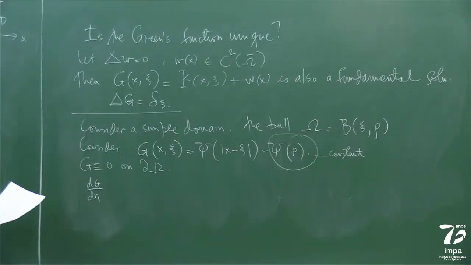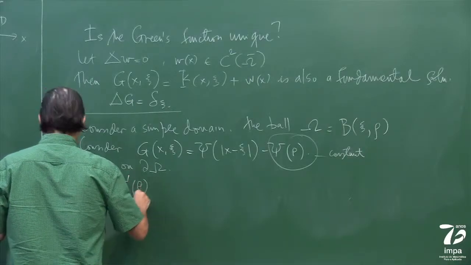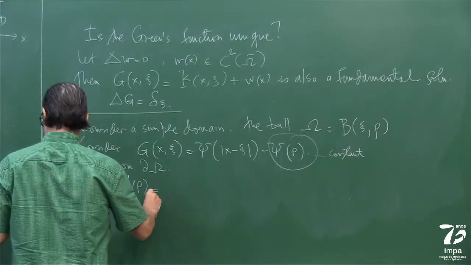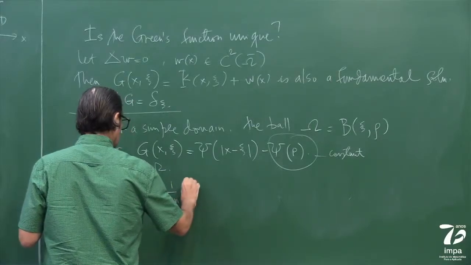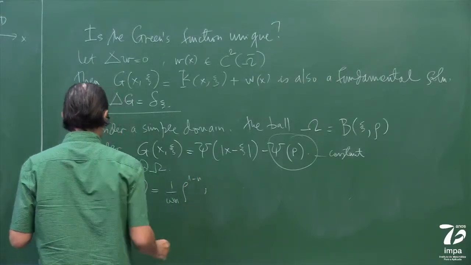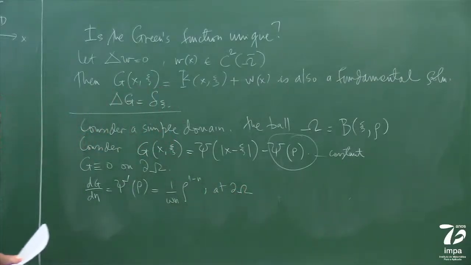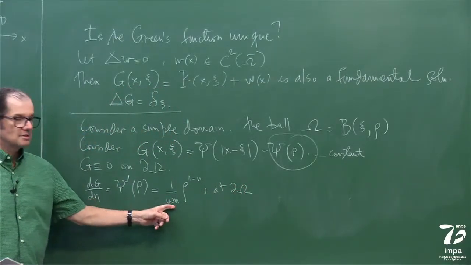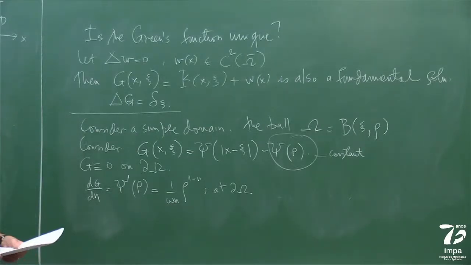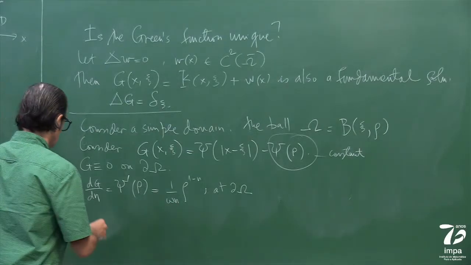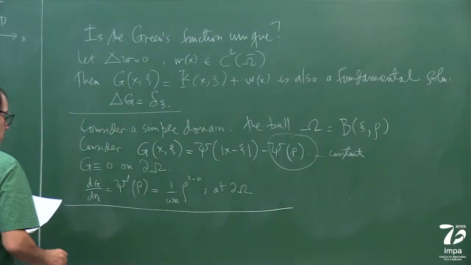Because the normal derivative on the boundary is equal to this. Let me put this at the boundary, okay? Remember where this is the area of the unit sphere, okay? So using this in Green's identity, let me write it here,